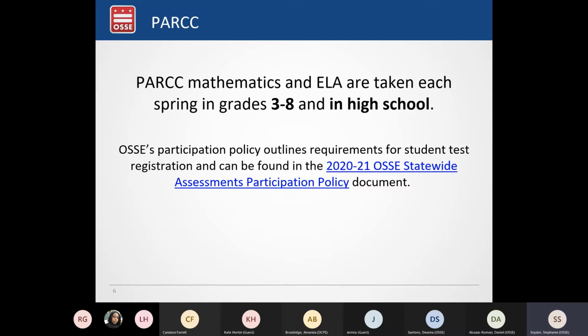Each year, OSSE releases a participation policy that outlines what the requirements are for students who need to be tested with PARCC. And this year's policy can be found at this link, which links to OSSE's website, and it has additional information about the participation requirements and some considerations for defining in-person versus remote testing students for PARCC.